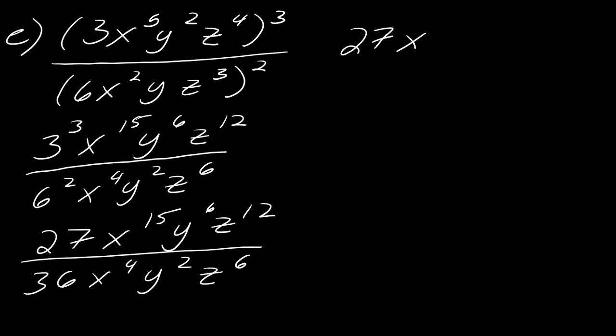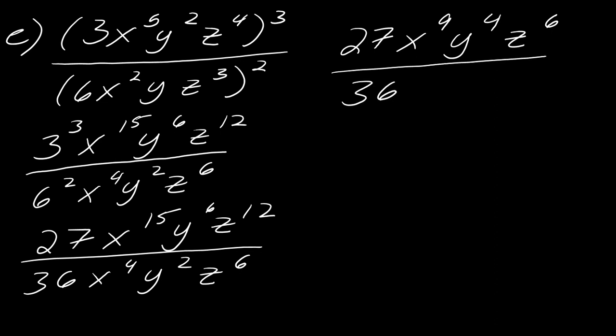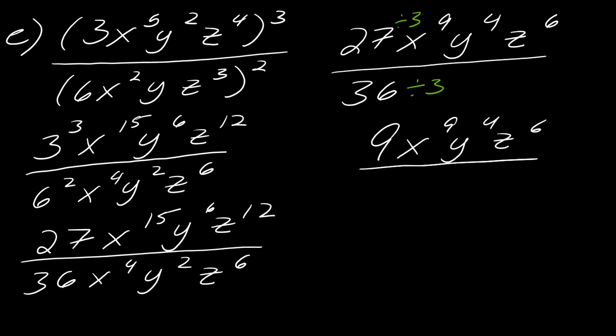So I've got 27. So 15 minus 4 is 9. 6 minus 2 is 4. And 12 minus 6 is 6. Is there anything else I can do? Totally, I can still divide the top and bottom by 3, it looks like. So I'm going to divide this by 3 and this by 3. So I can simplify those coefficients, those numbers that are still in the problem. So this is 9x to the 9th, y to the 4th, z to the 6th,